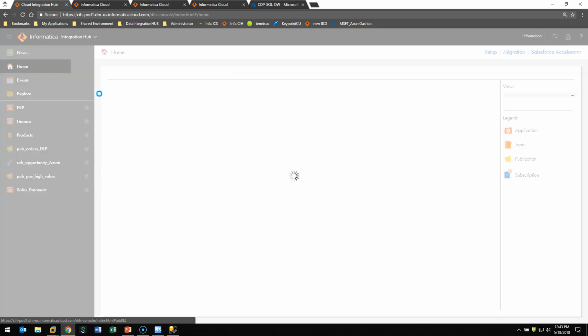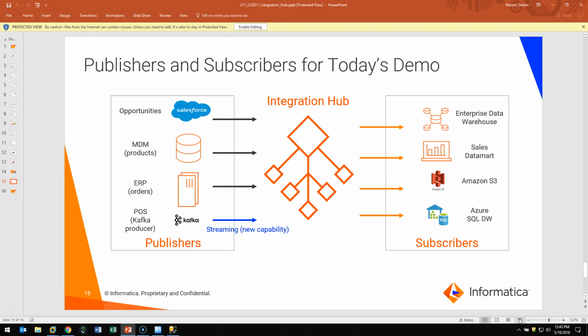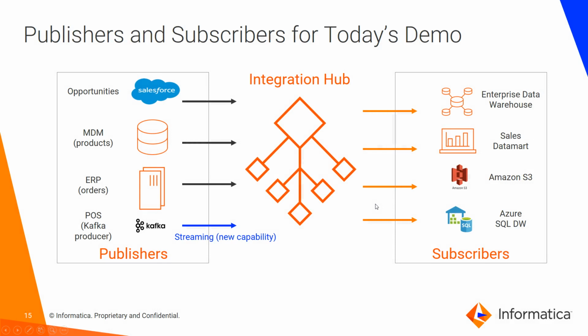Okay, so let's summarize what we have seen. We have definitely seen all the major artifacts inside of the Integration Hub: topics where we model the high value data, and we publish to it and subscribe from it. We have shown you a great variety of different applications, looking at our scenario again, where we have built publishers from a variety of systems, on-premises, cloud, as well as event-based streaming, which is a new capability for this year, where we have shown you the ongoing Kafka example that publishes and uses application integration. And then we have a nice variety of typical subscribers such as data warehouse, data mart, cloud storage system, cloud data warehouse systems, and so on,